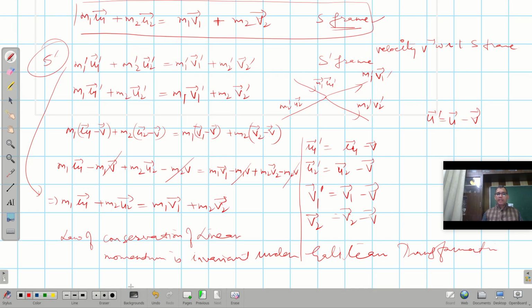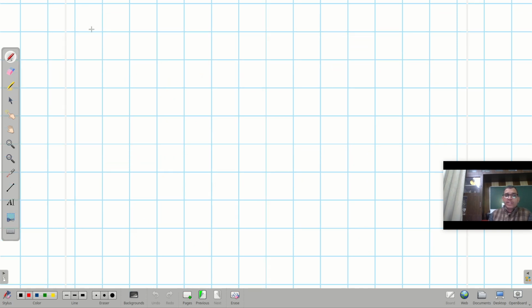So in the earlier lecture I talked about the law of conservation of linear momentum. Now I will talk about the law of conservation of energy under Galilean transformation. So what is the meaning of the law of conservation of energy, as I did in the earlier diagram? In a similar fashion,